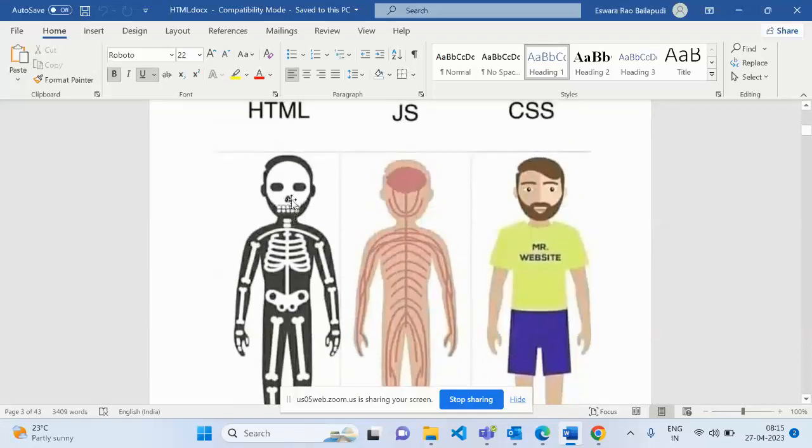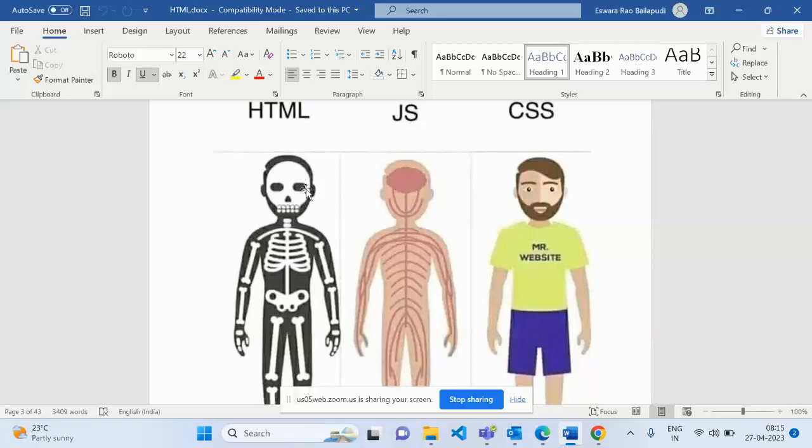What is the structure? A human body will have one head, two hands, two legs, one body. A combination of all the parts will become the human body. So if you have all these parts, then we call this a human body, right? So the structure of the body is called the HTML. Only HTML will give the structure of the body.